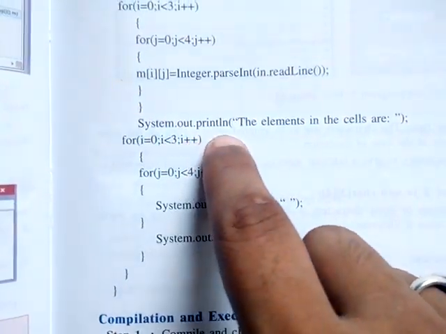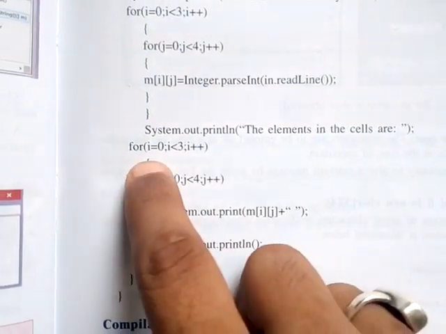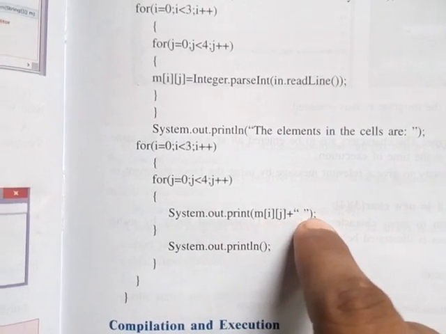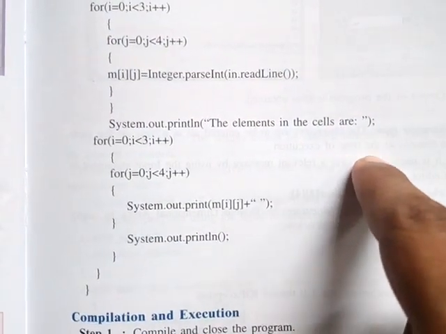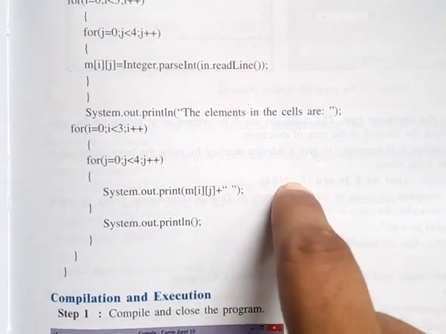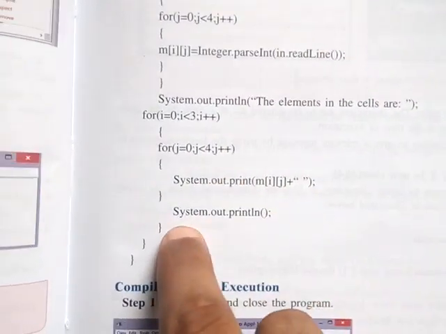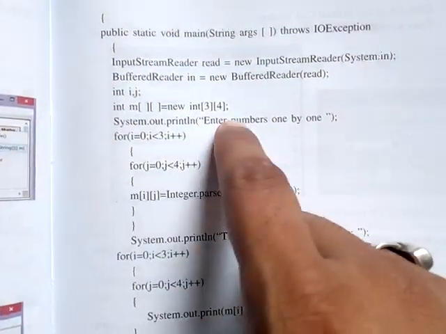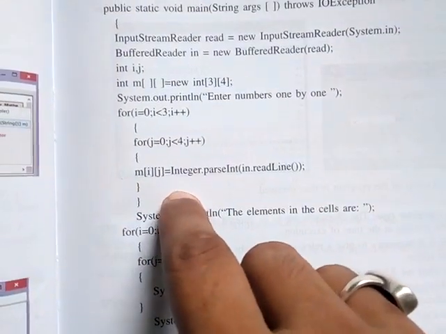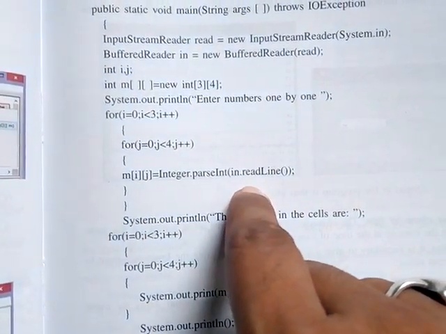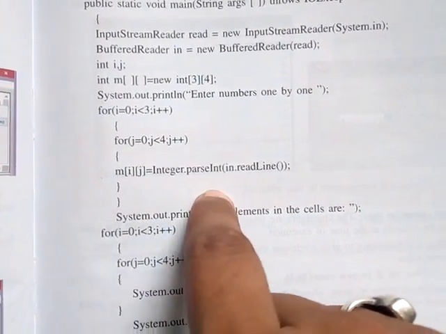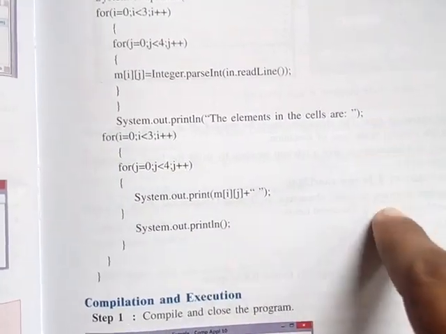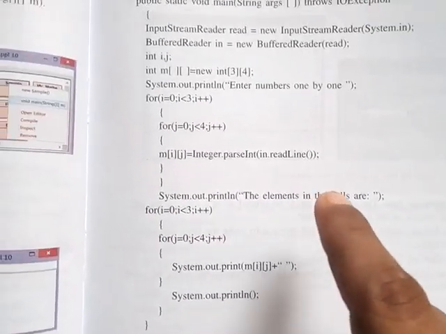See, System.out.println the elements in the cell are; for i = 0, i less than 3, i++, j = 0, j less than 4, j++, System.out.print m[i][j] plus a gap. That means one value, gap, second value, gap, third value, gap, fourth value. Then control will reach the next line. Why next line, sir? Because you see System.out.println. While we are entering values in the array, it is not mandatory to use System.out.println, but it is good to use it. But while we are printing the values, we must use it, otherwise that matrix will never come up, and then our purpose will fail.